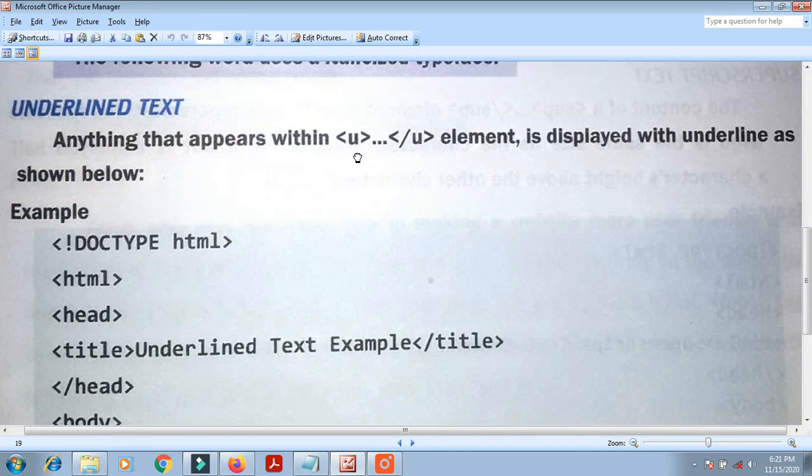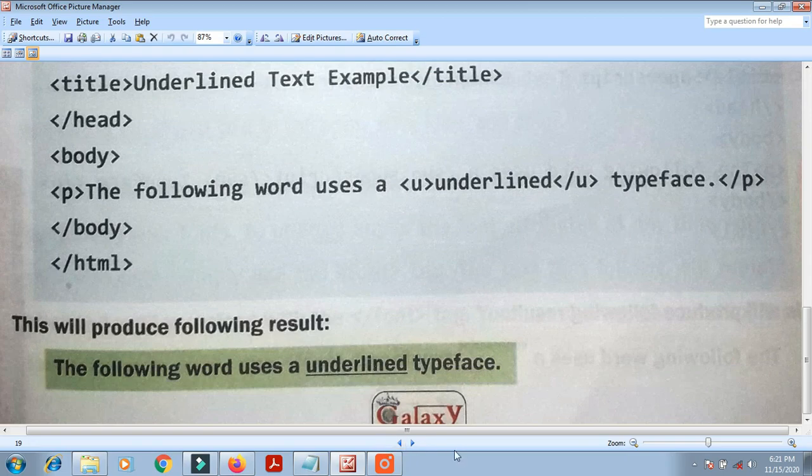Then next one, underline. For underline we need to give U instead of I. U means underline. I means italic, U means underline. Okay, the next one,